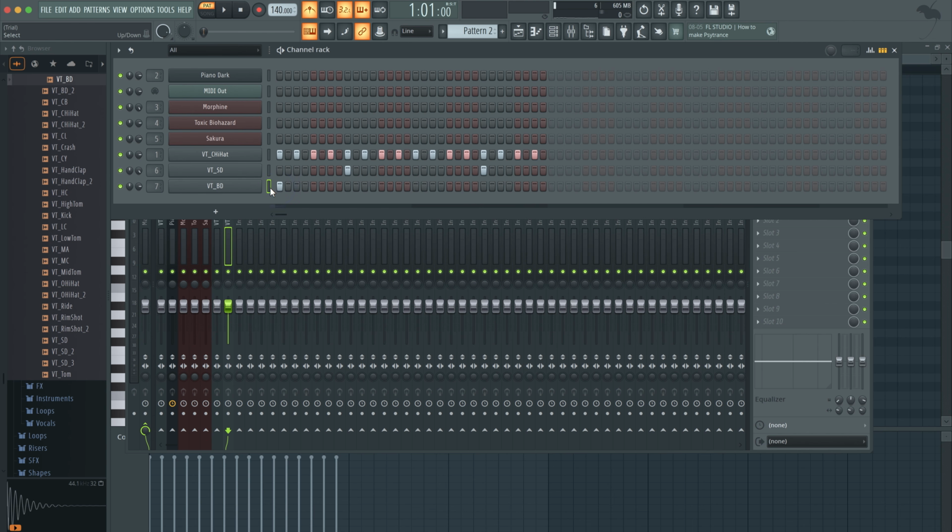For now, we're just going to use all stock stuff, assuming you don't have anything. Okay, so here we have a bass drum. You could turn up sounds with what's called the channel volume here. This is the best way to turn up sounds for many different reasons, and turn down sounds. Okay, so now we're gonna just add a kick.